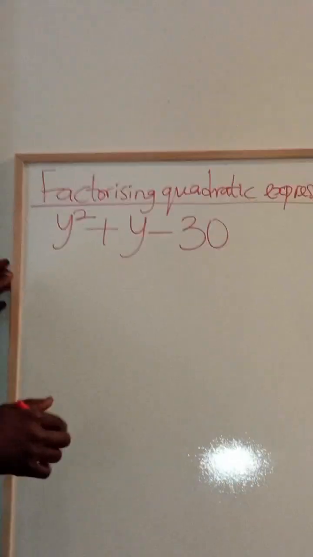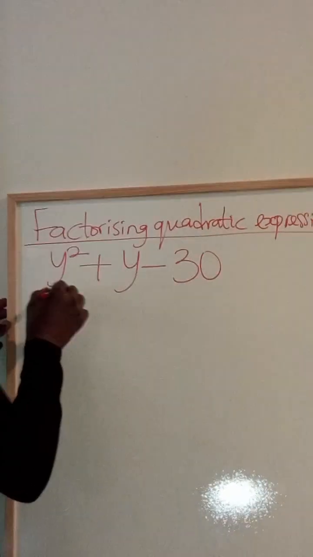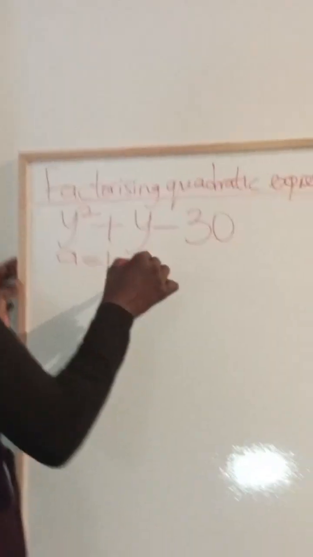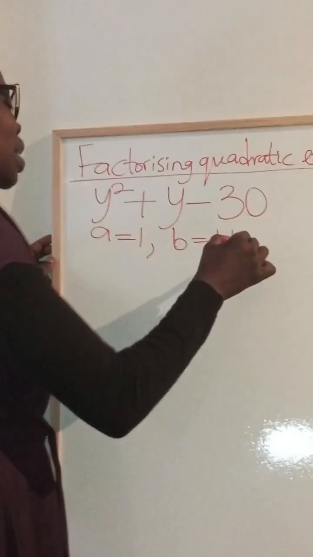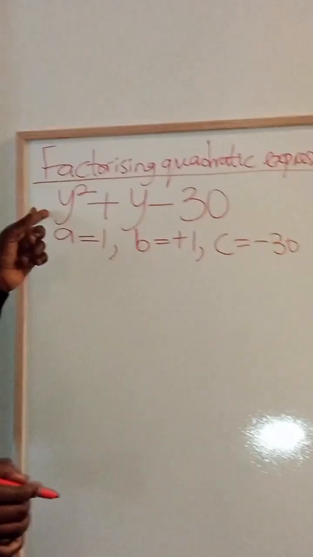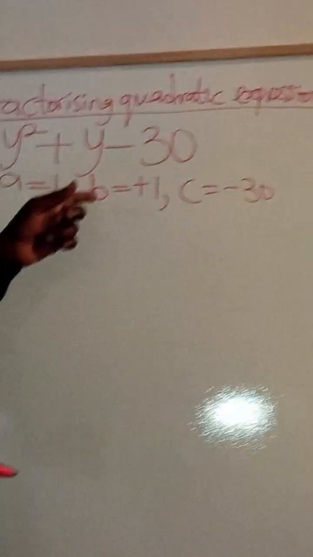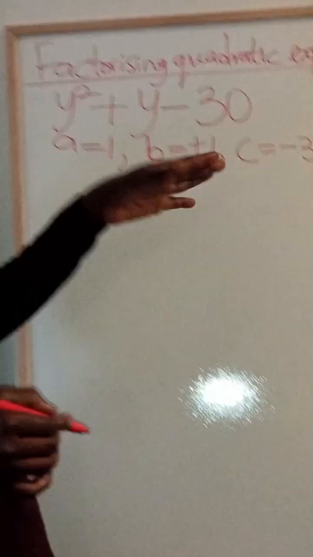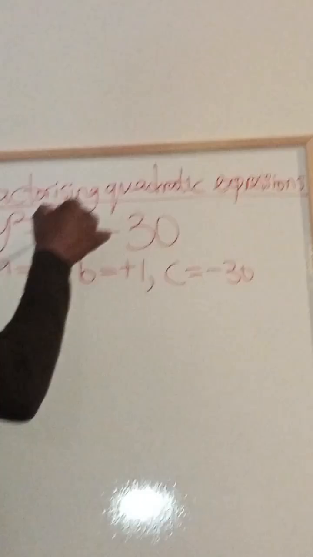By what we have on board, letter A is 1, letter B is plus 1, and letter C is minus 30. Letter A is the coefficient of y squared, letter B is the coefficient of y, and C is the number here. So with what we have here, we focus on the middle, and the coefficient of y is plus